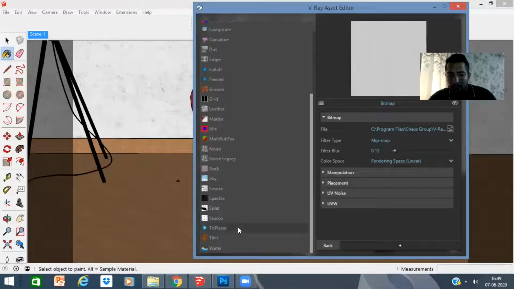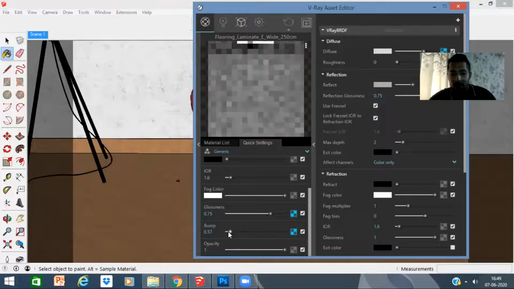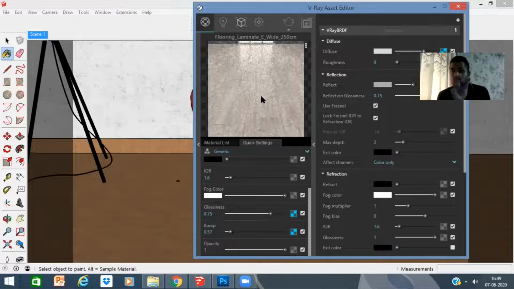We have tiles and we have stucco and we have all of this. But for now, you can see, guys, over here in the map, we have used this wooden panel map. I'll be showing you how to download maps as well. So I can reduce the bump over here, and you can see, guys, how in my tiles over here, when I reduce this bump, you'll see how that detail goes away. Please have a look. I'll give it 1 minute to clear up, and you'll see how the entire map basically goes away, guys.